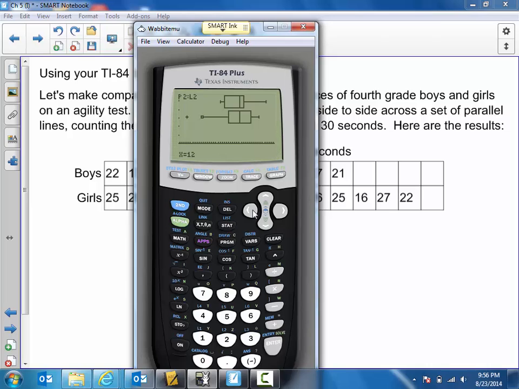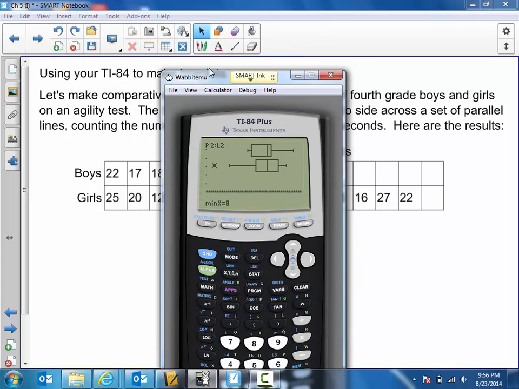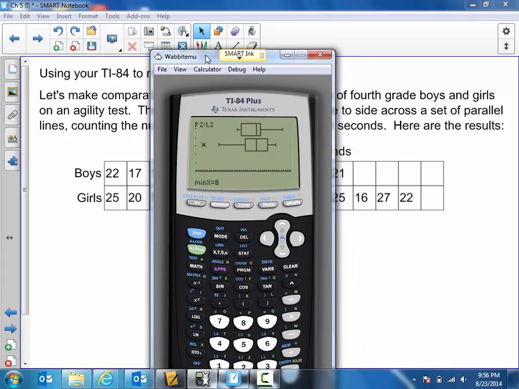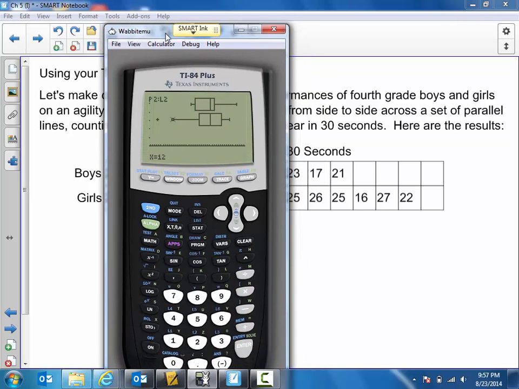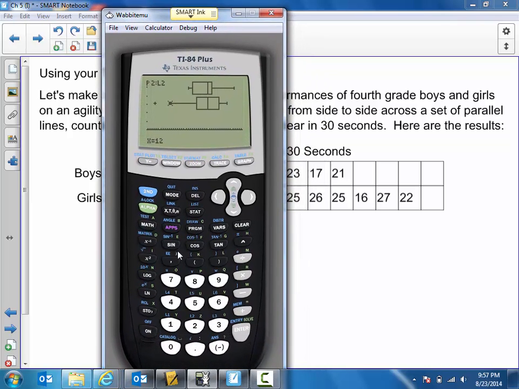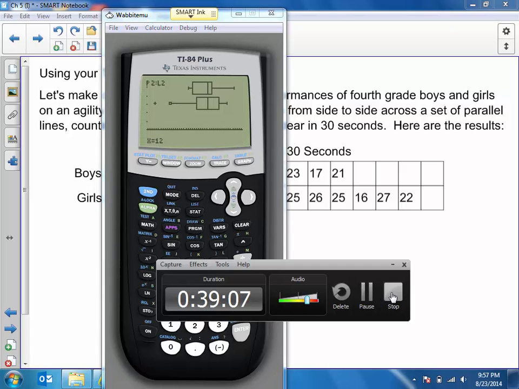Now just hit down, and it'll go to your next box and whisker plot. It'll give you the max, quartile 3, median, quartile 1. It just says X here because that's not the min. You've got an outlier. You've got one girl who I guess didn't jump that many lines in 30 seconds, and so she is an outlier, and that's represented with the plus sign that we chose earlier. All right, and there you